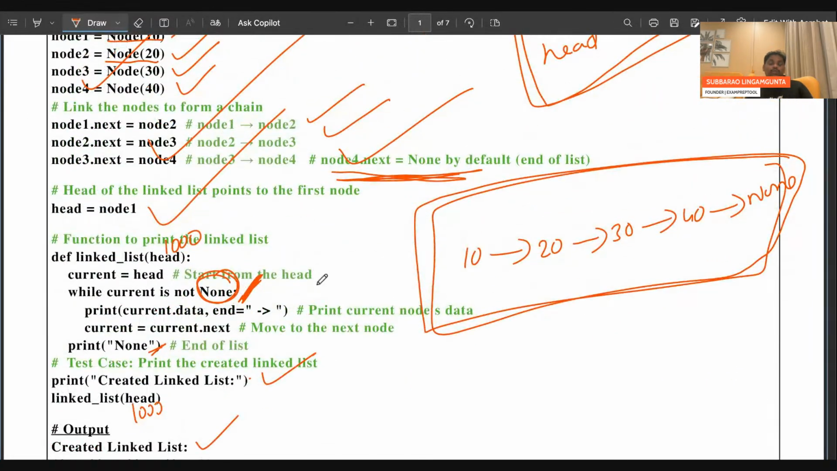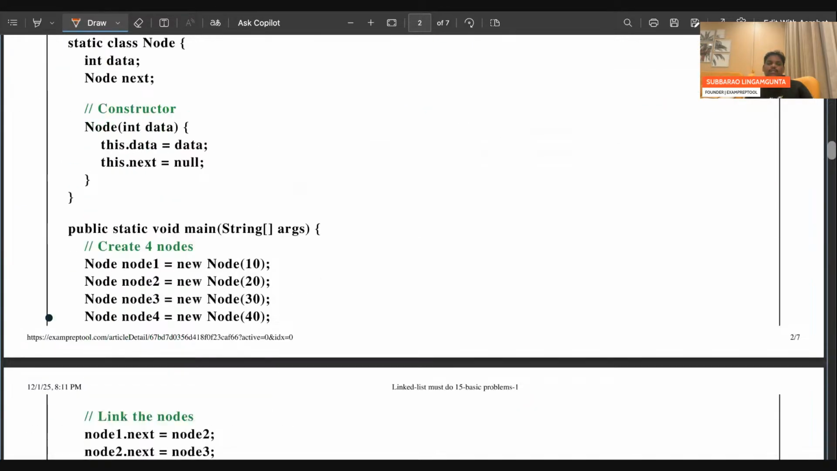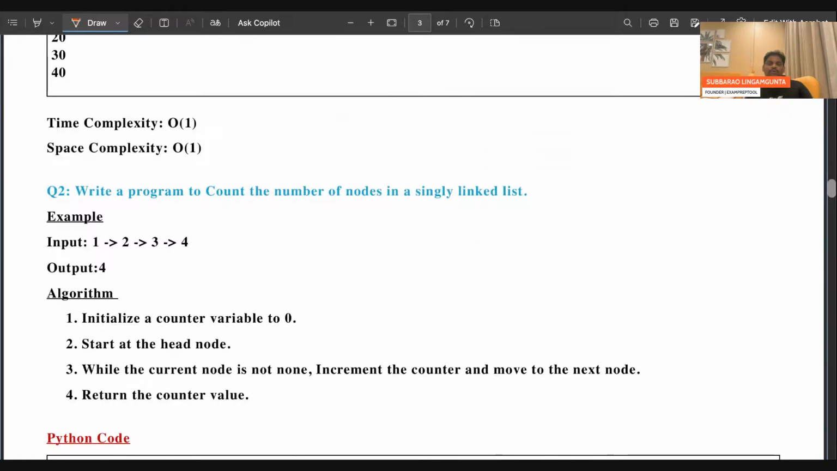So now the question is going to be, what is the time complexity? Because there are only 4 nodes, 4 nodes creating, 4 nodes traversing, which will take constant time. So time complexity, space complexity, if you observe,